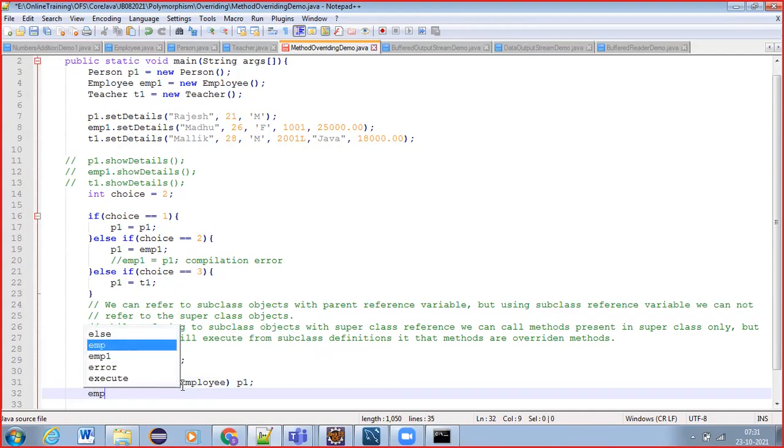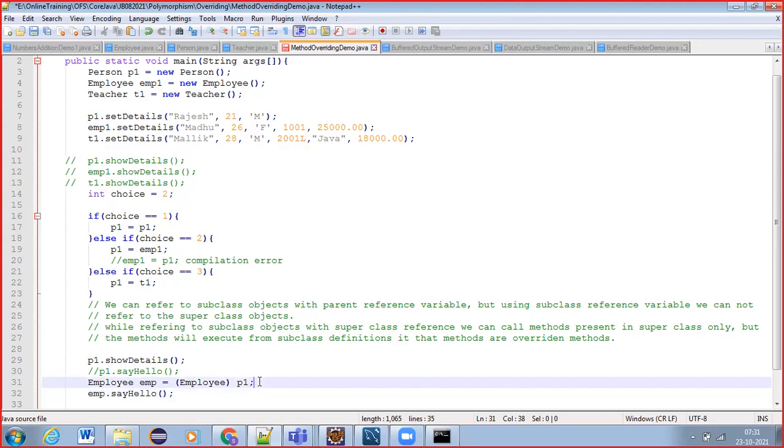Now emp dot say hello, this you can do. This is nothing but typecasting. In general we call it typecasting, but at the same time we can refer to it as downcasting also, meaning from supertype to subtype.